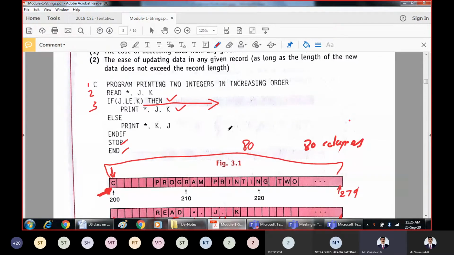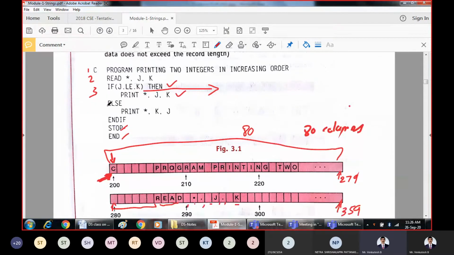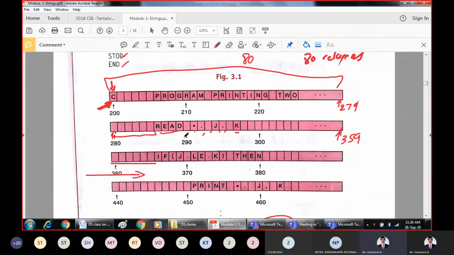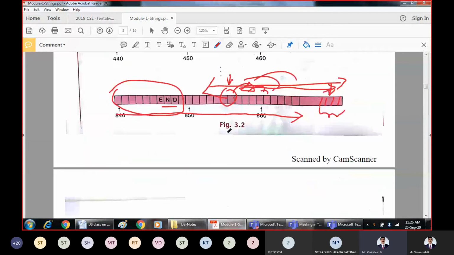That is going to affect each and every record, because all these lines should be shifted to the next lines. So that's going to affect the entire memory location. That's going to cost us more, because every address will get altered. So to solve this, there is one approach.